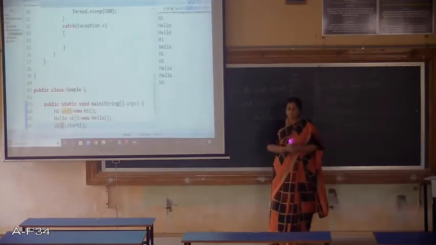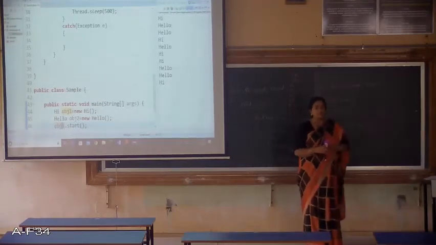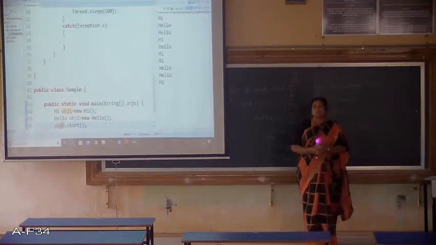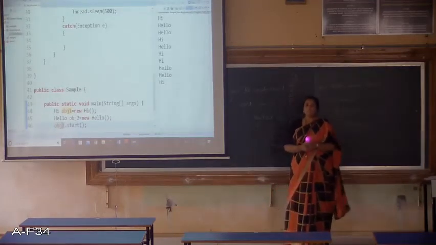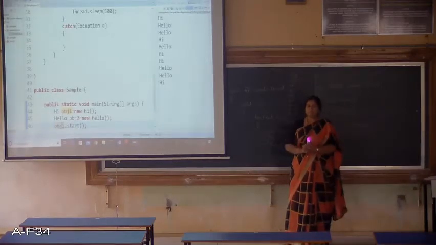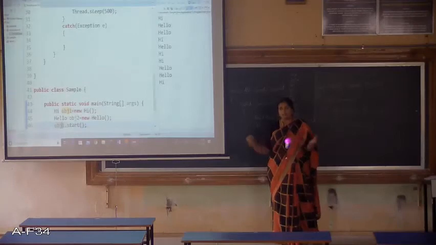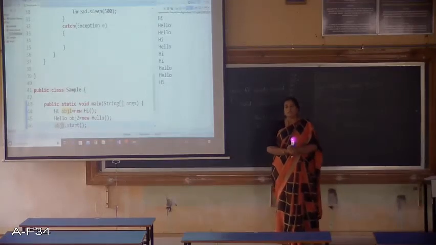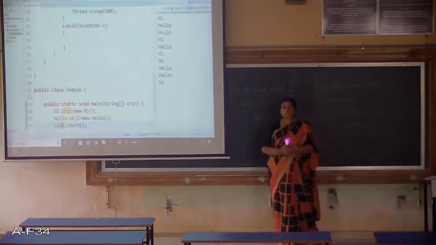Whenever there are multiple threads demanding for processing, for the service, there will be some kind of algorithm in your operating system that takes the decision.